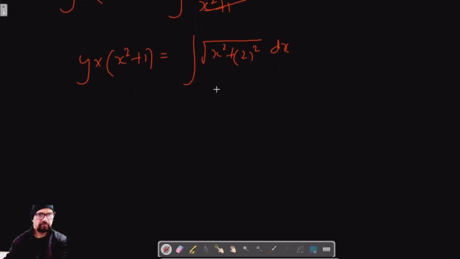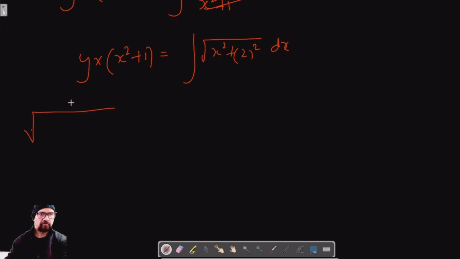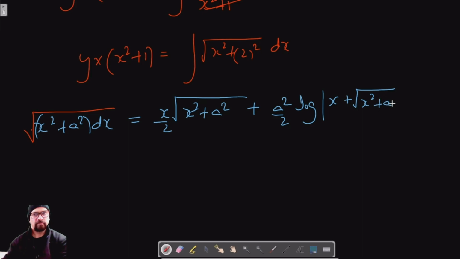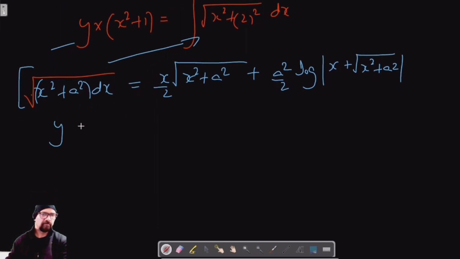And for this, we know the formula for x squared plus a squared. We know that integration of under root of x squared plus a squared dx is equal to x by 2 under root x squared plus a squared plus a squared by 2 log of x plus under root of x squared plus a squared plus c. So if we apply this formula here, this gives us y into 1 plus x squared,